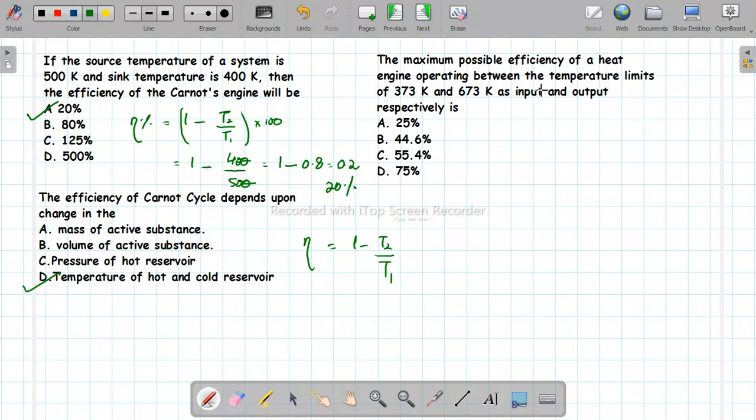Maximum possible efficiency of heat engine operating between the temperature limits of 373 and 673 as input and output respectively is,